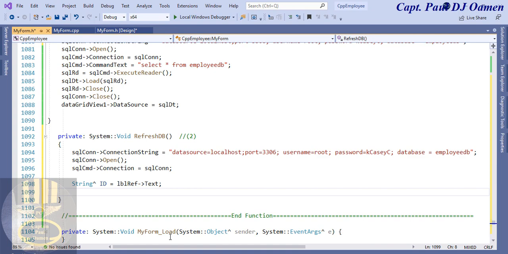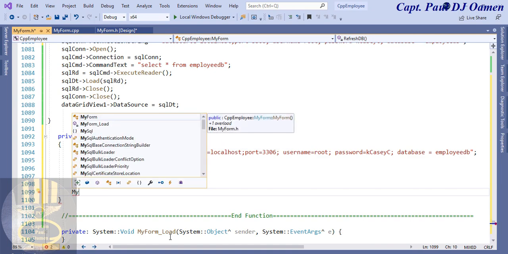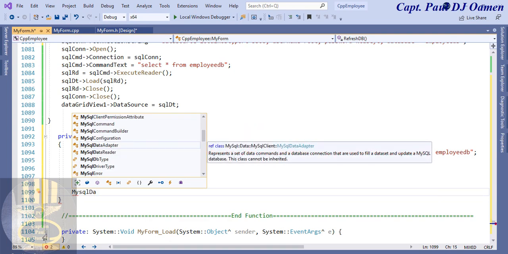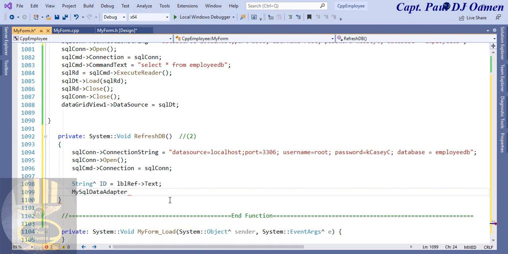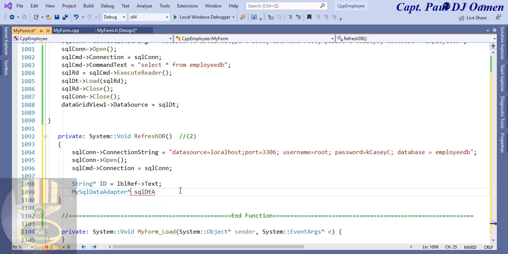Now I'm going to use MySql data adapter, and I'm just going to call that exactly the same name as SQL data A, uppercase. Get rid of this. That should be that. Alright, so equals,